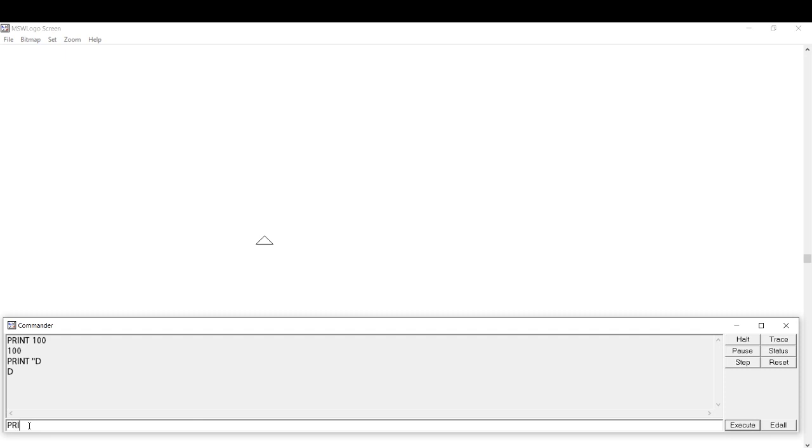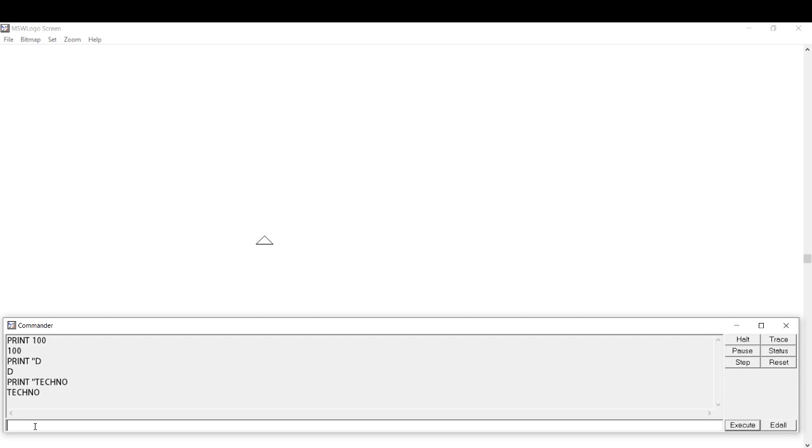Similarly, if you want to print a word, then just like the one you used to print the letter, you have to use the double quote and type the word. Suppose techno. Okay, press enter key or execute button. You can see that the word has got printed. So if you want to print a letter or a word, always remember that you have to type it after the double quote.